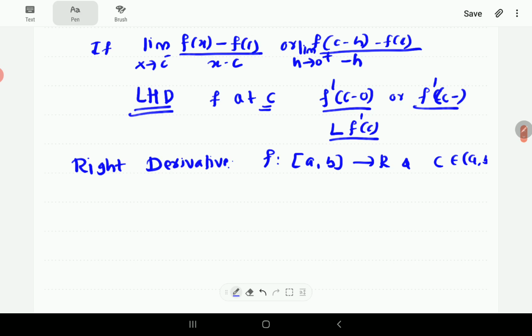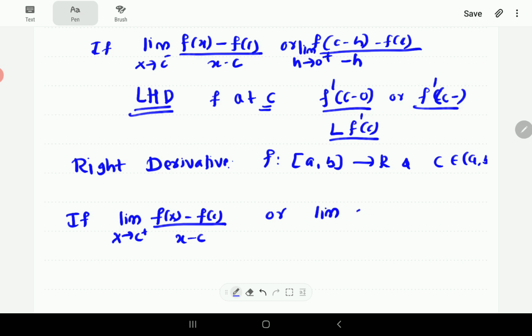Here we say that if the limit of f(x) minus f(c) divided by x minus c, as x tends to c plus, or you can also write it as the limit of,